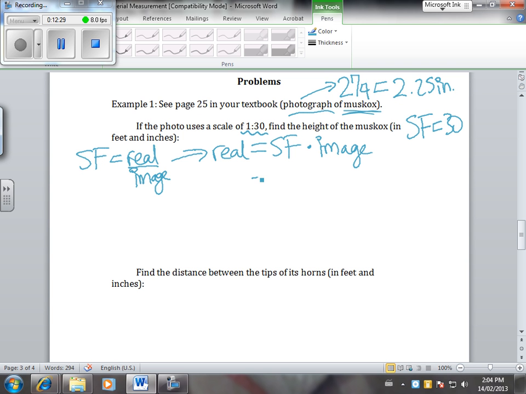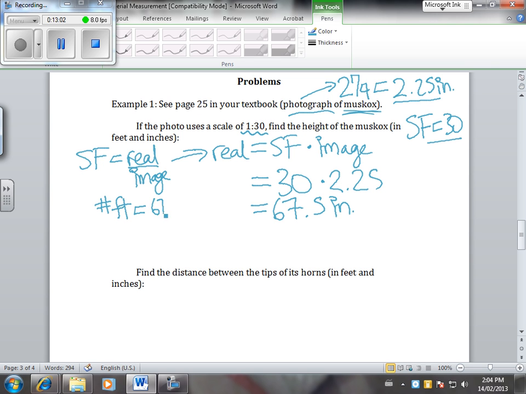So what is it in real life? So real equals scale factor 30 times image 2.25, and then we get 67.5 inches. And then to clean this up, we'll give it in feet and inches, just like your height. Okay, so we want to know the number of feet. We know 67.5 inches. If you look at your conversions, you know that in every foot there are 12 inches. So 67.5 divided by 12 to cross off our inches, and we will get